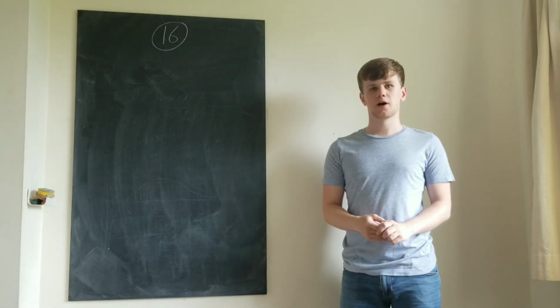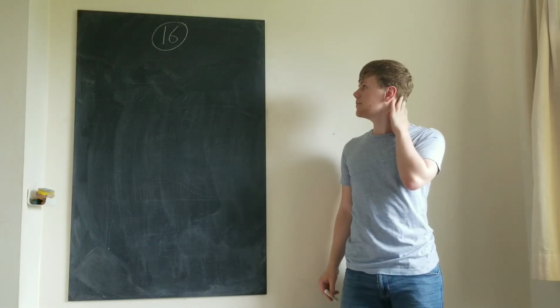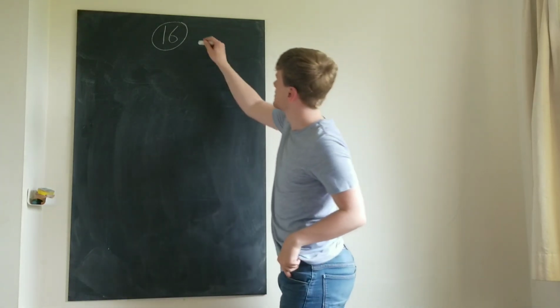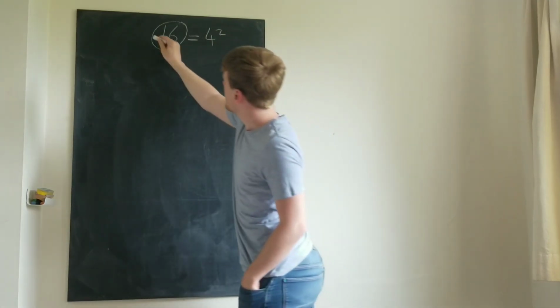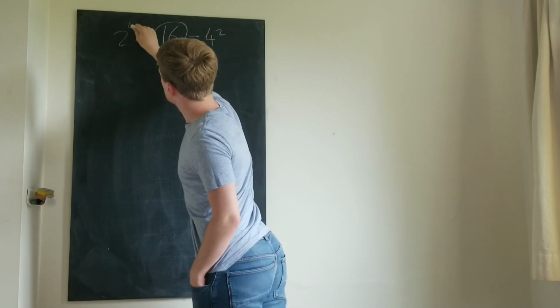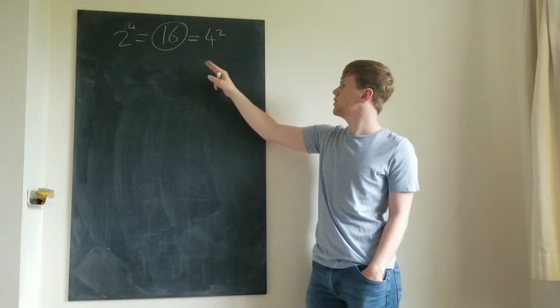This is inspired by a Numberphile video quite a few years ago about the number 16. In this video they said that 16 is equal to 4 squared. 16 is also equal to 2 to the 4. And that's kind of interesting because you can swap the 4 and the 2 and it doesn't matter, you still